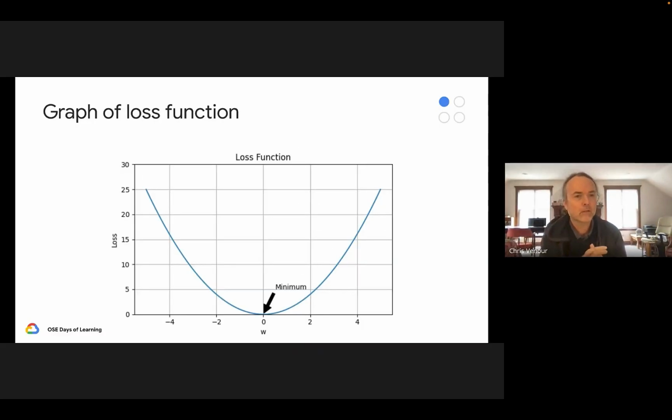So to make this a little more concrete, because I talked about calculus there, let's say that the loss function looks like this. The horizontal axis represents different values of a particular weight, like W1, let's say. And the vertical axis tells you how much loss we get when W1 is a certain value. And so the goal of backpropagation is to incrementally adjust W1 so that we get closer to the minimum of the loss function.